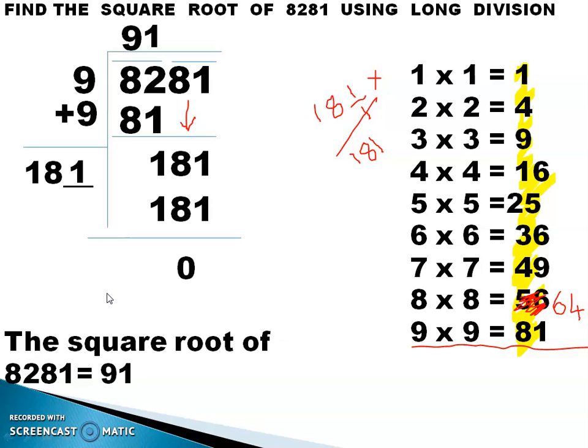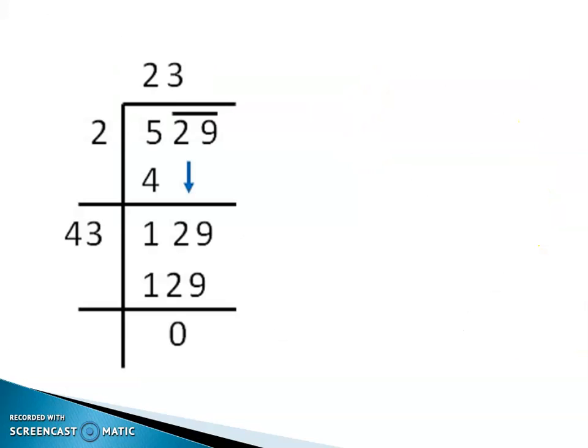So, we'll go for the second one and learn once again. I know students, it's a little bit confusing. After doing 3 or 4 problems, you will be thorough with the concept. It is the easiest method to find the square root of a number. Believe me. Next one. Here, you are going to find the square root of 529.